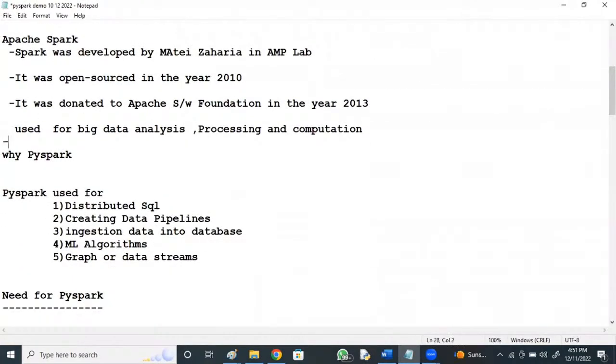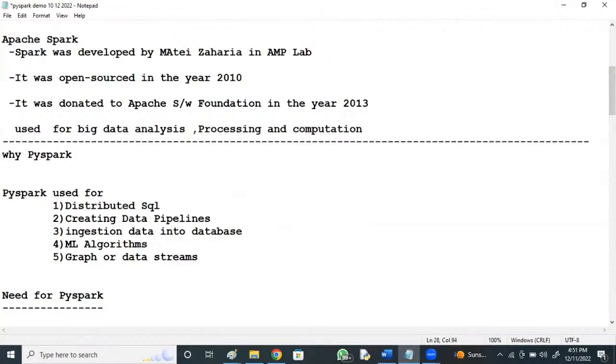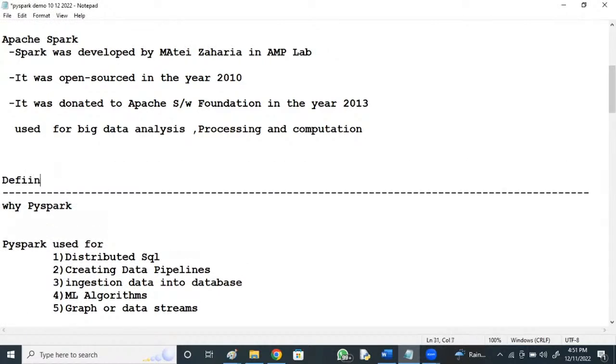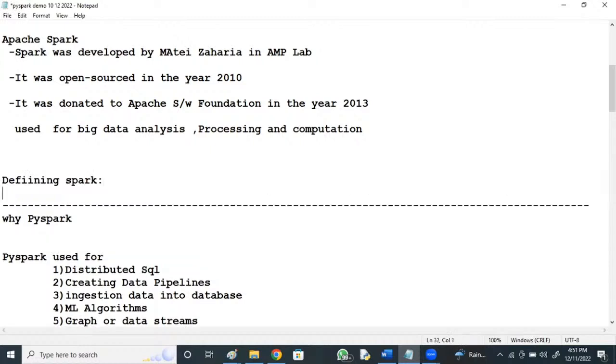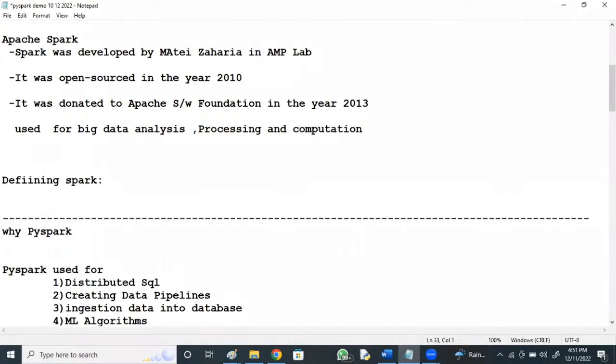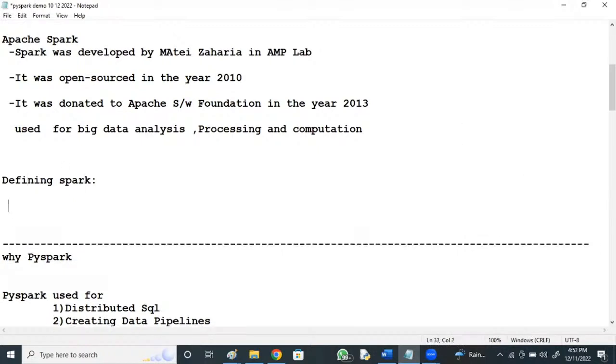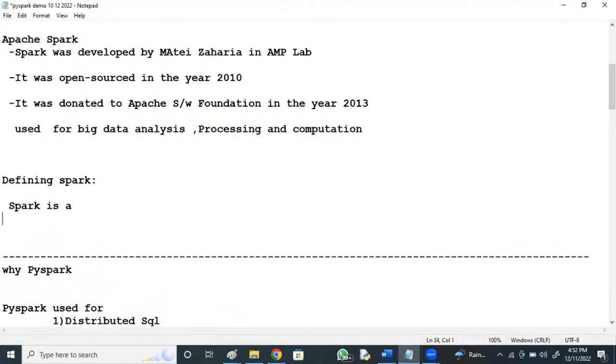Why PySpark? As I was discussing, before that, let me define Spark. I define Spark in 4 to 5 lines. Spark is an open source